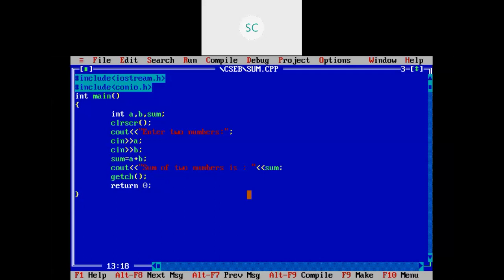C++ is an object-oriented programming language. We'll discuss more about object-oriented concepts before the starting of the second unit. The first unit will totally focus on these basic concepts.